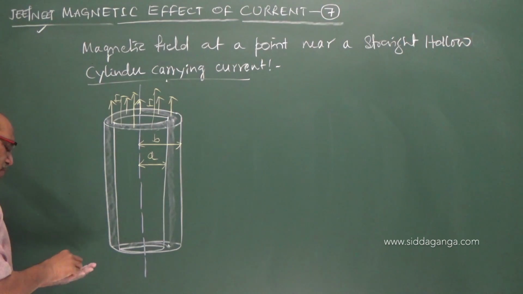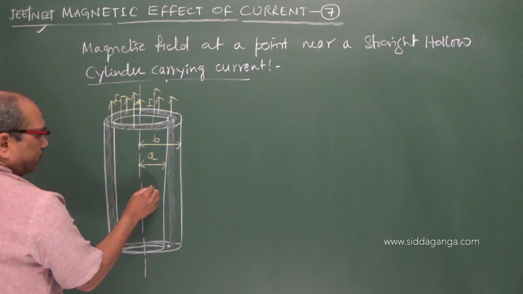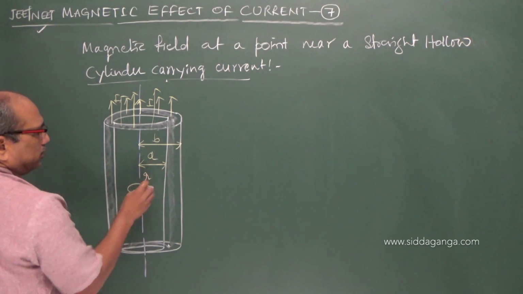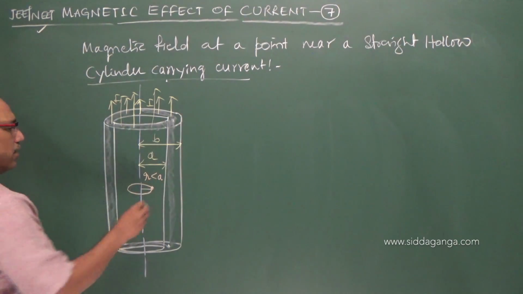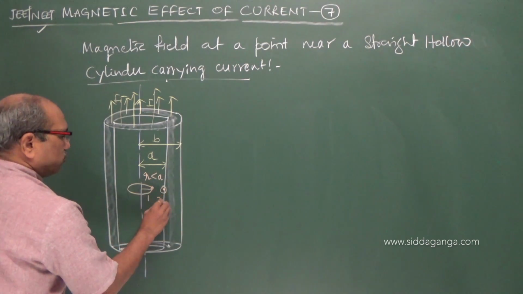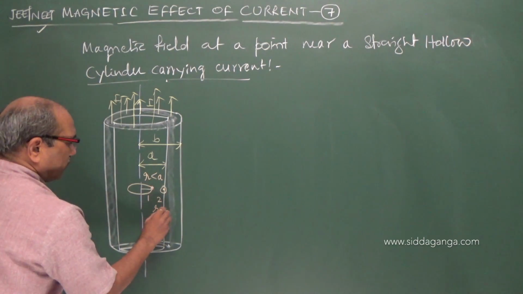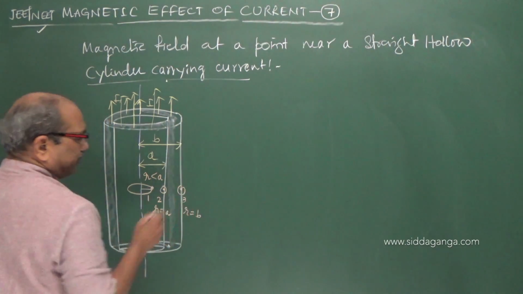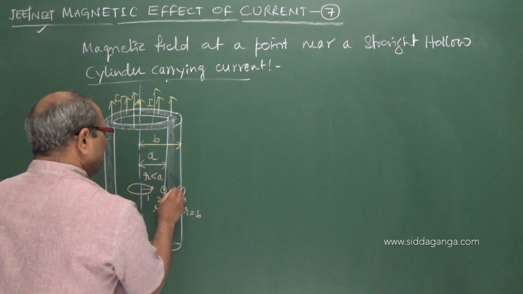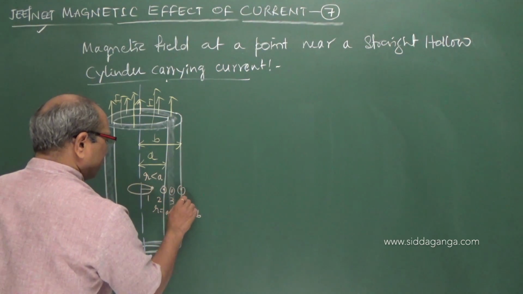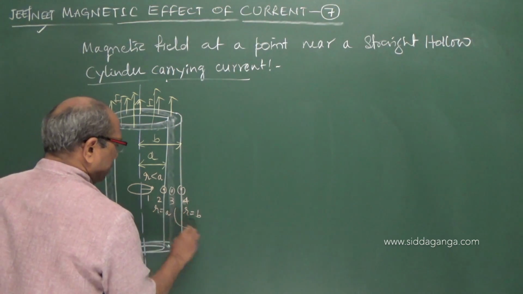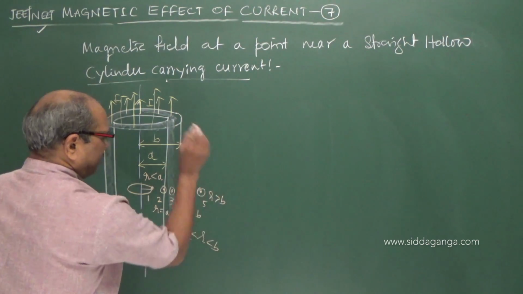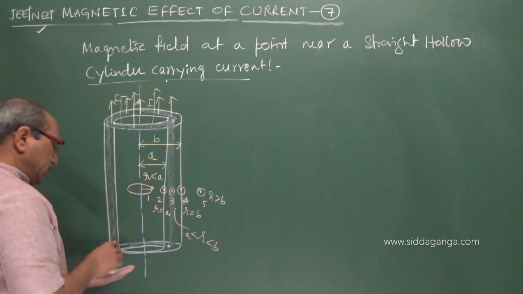Now we have to take the points inside. So this is the area where I can consider r less than a, that is point number 1, number 2, r equal to a, and number 3, r equal to b, and it may be in between. The fourth is r greater than a and less than b, and fifth, r is greater than b. The different cases of how the field is.